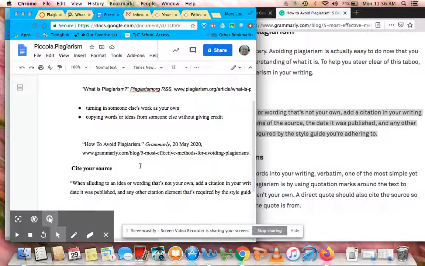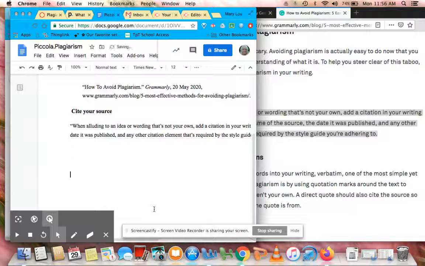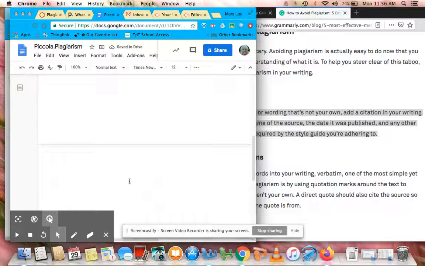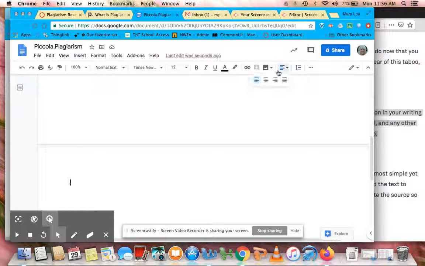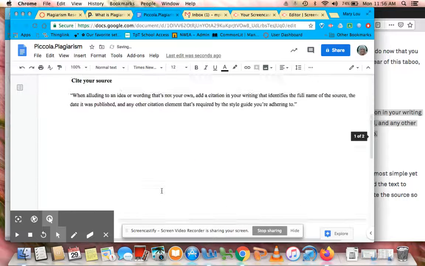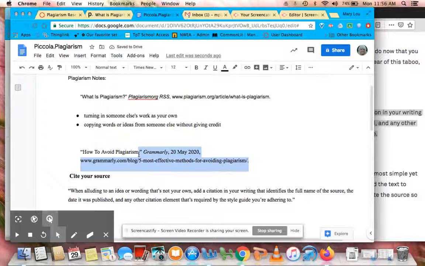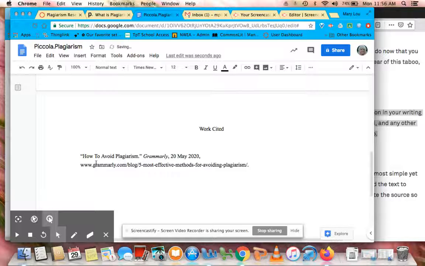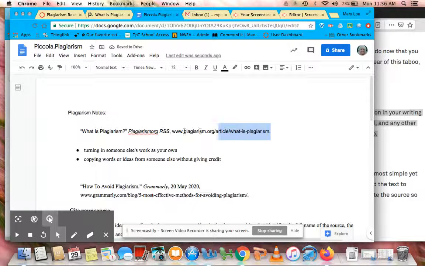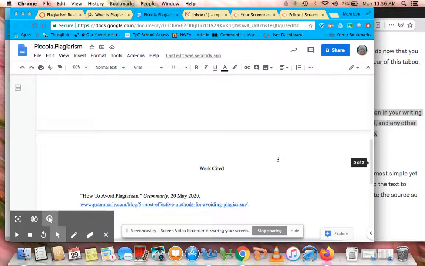Now, what I'd like to show you very quickly is how to create a works cited page that is a separate page from my notes. So I'm going to scroll down and create another page and go to center alignment and make sure that my title is centered for works cited. Going back to left side alignment, I'm going to go up to my 2 entries and copy them, pasting them in my works cited page. Back up to here, there's only 2, so I'm going to only have 2 entries in my works cited page,